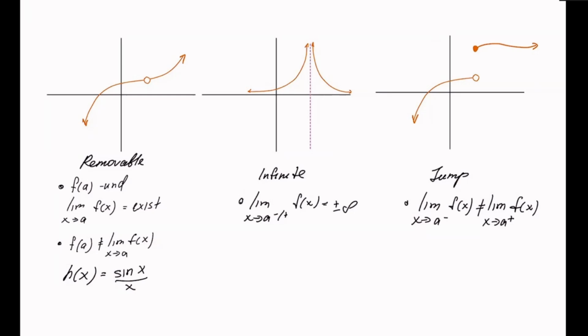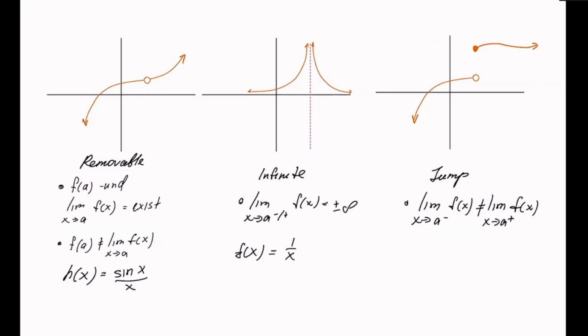Next one is infinite discontinuity. This occurs when at least one of the one-sided limits is infinite. The function has a vertical asymptote at the point of discontinuity. An example of such a function would be f of x equals 1 over x or 1 over x